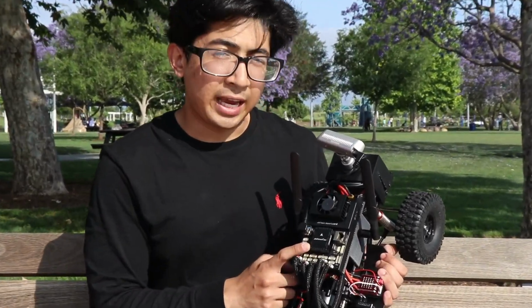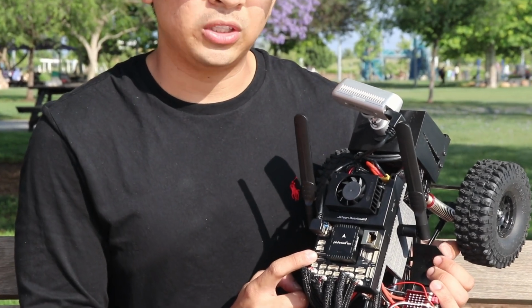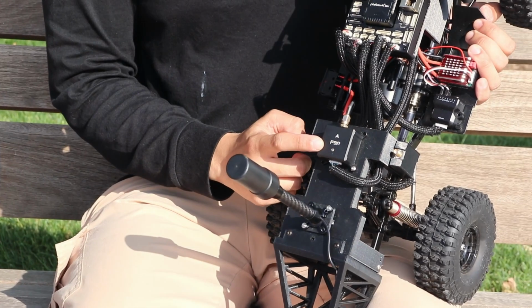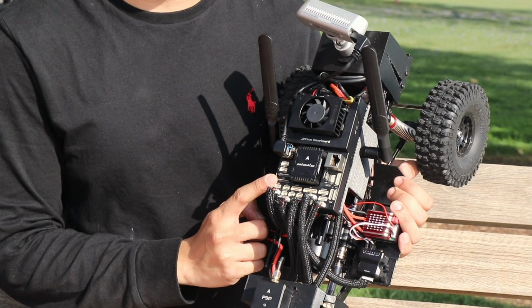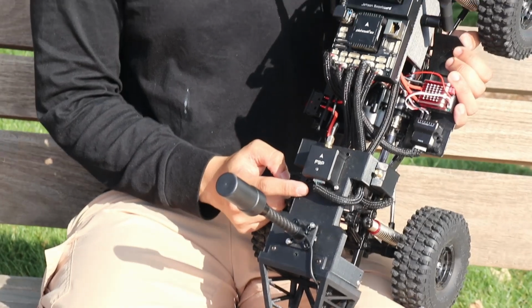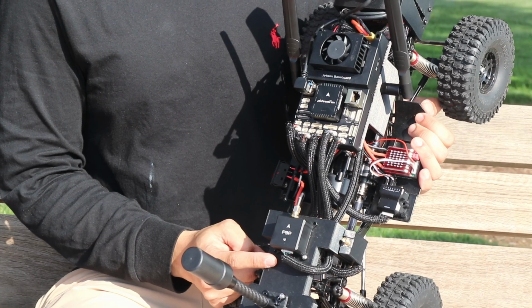For our autopilot navigation system, we have three essential components. We have our Pixhawk 6X flight controller. What this does is it calculates throttle and steering movement to navigate the rover to the location it needs to go to. Attached to it is a GPS module. It reads GPS coordinate data of the rover and sends that data to the flight controller for the flight controller to make the necessary movements to go to the desired location. These two can be controlled in a GUI software called Mission Planner, and we can plan missions there to control